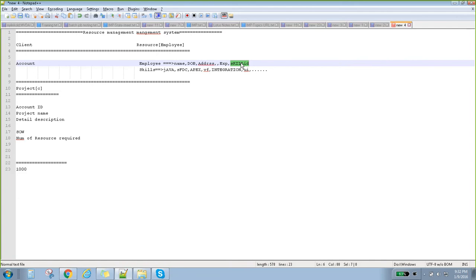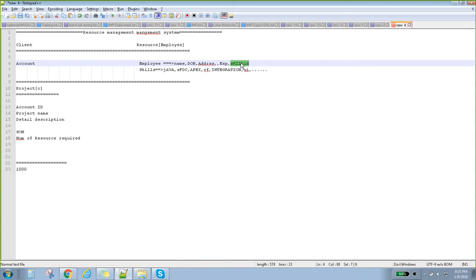In this case, for example, we have an employee object, right? So we are creating an employee record. For example, there is an employee called Suresh, and we are storing skills. We have a multi-select pick list for skills, and I am selecting: Suresh has Java, SFDC, Apex, integration, and everything. Then I will create a second record called Akhand, and select SFDC, administration, configuration, business analysis, and save it. So those two records get saved.